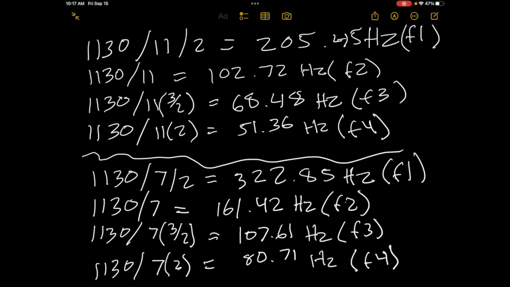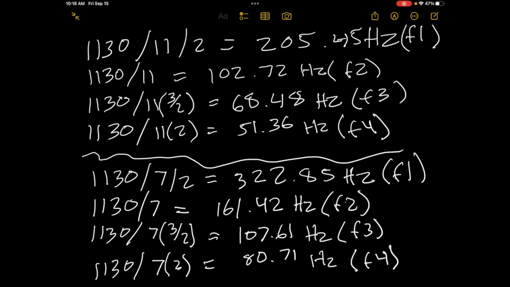It's just the velocity divided by the measurement of the room, which is 11 feet. For the third frequency, we take the velocity divided by the wavelength times 3 halves, which equals 68.48 hertz. That's our third frequency. And for our fourth, we take the velocity divided by twice the wavelength, which is 22,